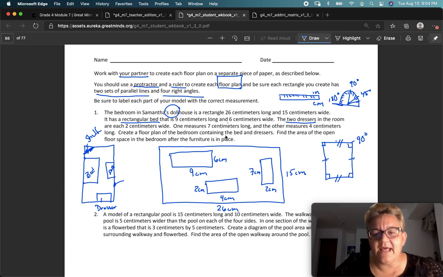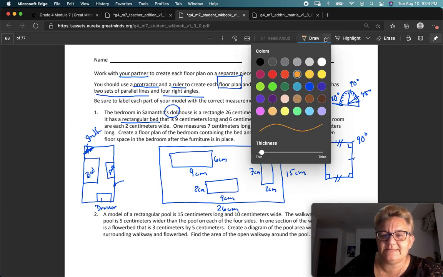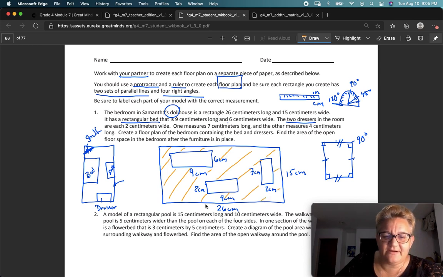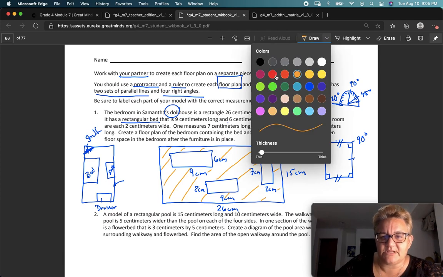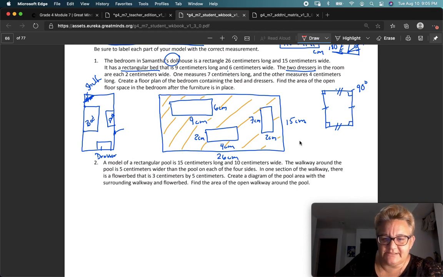Okay. Now, find the area of the open floor space in the room. I'm going to just color in that open floor space so that you can see what we're talking about. We need to find the area of everything that's not covered by furniture. So, how are we going to do that? First of all, we can find the area of the whole big square, right? The whole big rectangle. And the area of that whole thing would be, I'm going to switch colors here again. Area of the giant rectangle is going to be